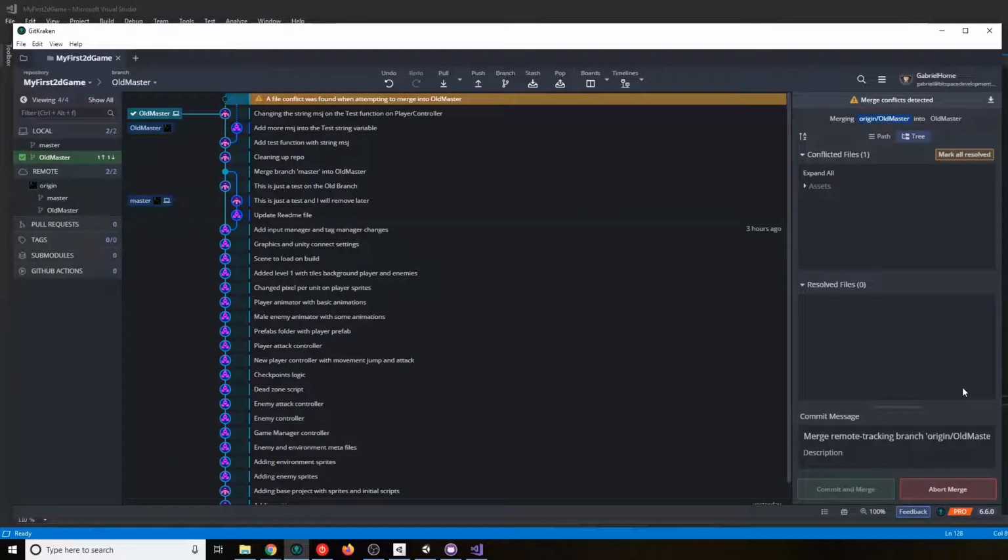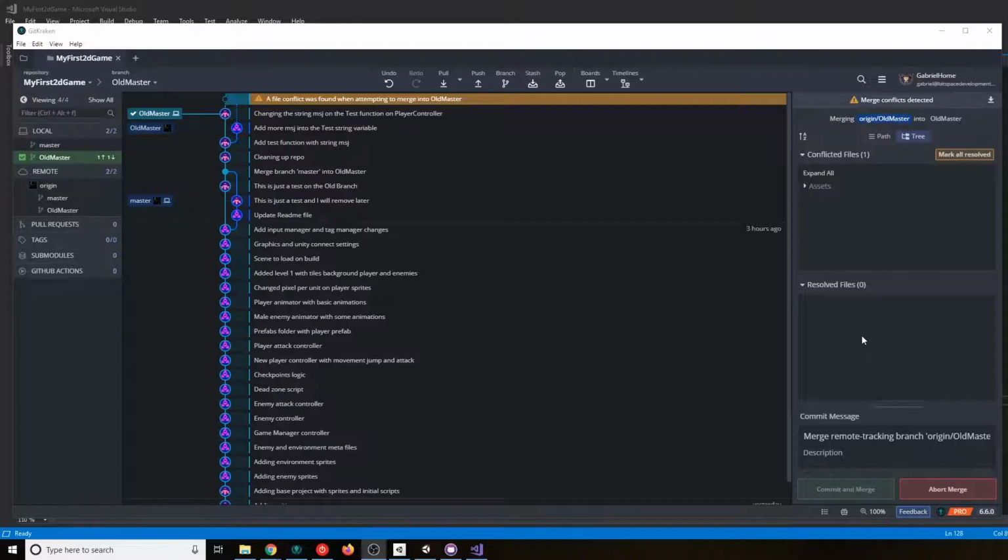Something went wrong. You can either abort the merge to go back, because what Git is trying to do is merge your files. And maybe you are committing more than one file, and some of those files can go through without any trouble. That's why I also encourage you guys to commit fewer changes. If you commit fewer, you will have fewer merge conflicts. But let's say you push a lot, some of them pass, no problem, but a couple of files are broken.